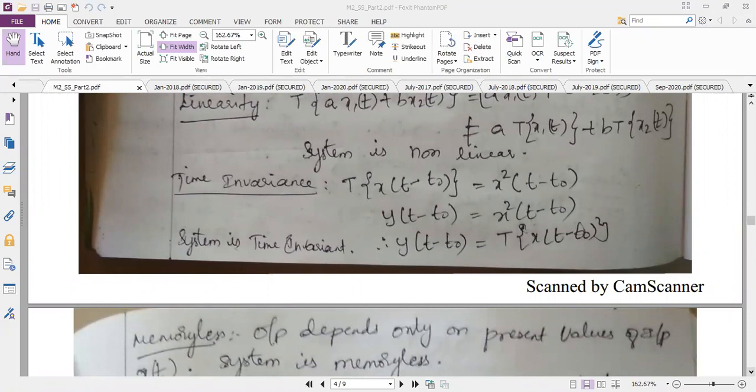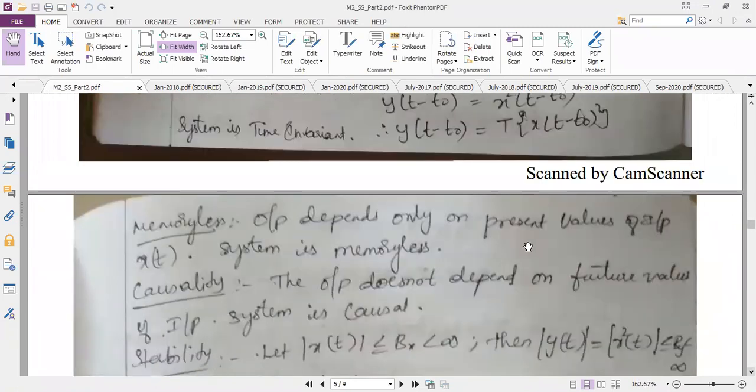That's it. So now seeing the question, can anybody predict whether the system is memoryless or with memory? My question now, is y of t dependent on the scaling factor of the input x? So the question is x square of t. I told that if there is a scaling factor here, that is not memoryless, that is not causal. Then opposite to that, since here there is an absence of scaling factor, I can readily say that the system is memoryless and the system is causal. Is it right?